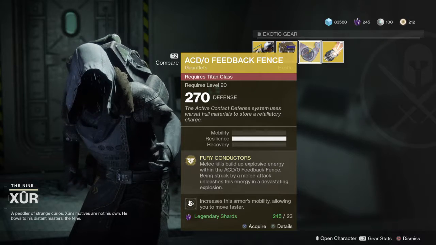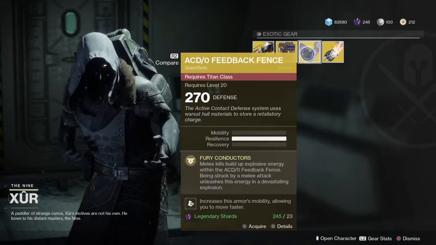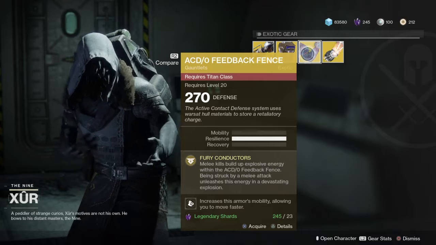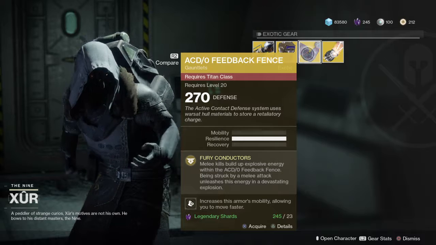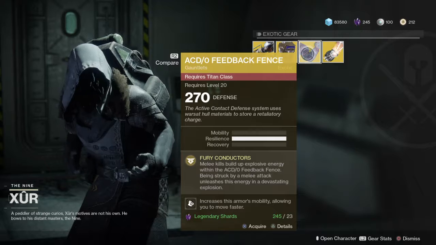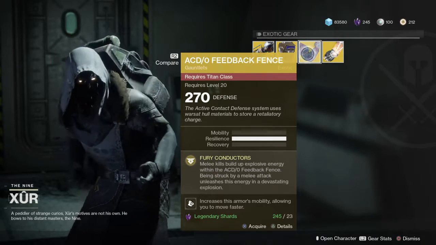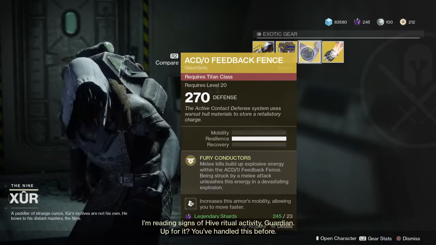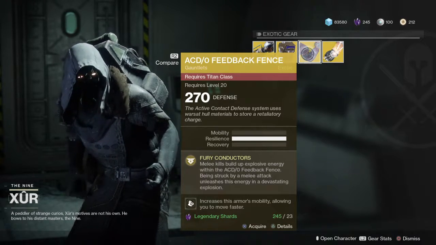Next up is the ACD/0 feedback fence for the Titan class, which I actually liked in Destiny 1. Like, a lot. 270. Let's see. Oh, there's a description. It looked kind of long and uninteresting for a description. The active contact defense system uses war-set hull materials. Activity Guardian, up for it? You've handled this before. War-set hull materials to store...